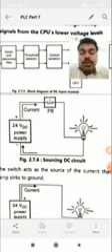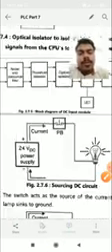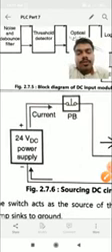Okay, so let's suppose a 24 volt DC power supply is given, and a lamp is connected with a push button in between. So what is a sourcing DC circuit? Let's suppose the 24 volt power supply is given, then due to that current starts to flow through the push button to the lamp, and then the lamp will load. Okay, so the lamp is a load.